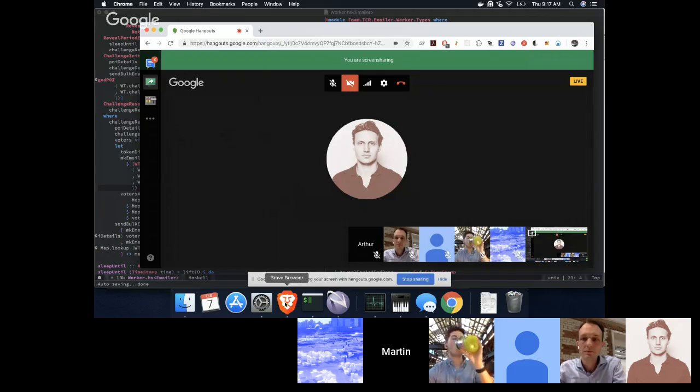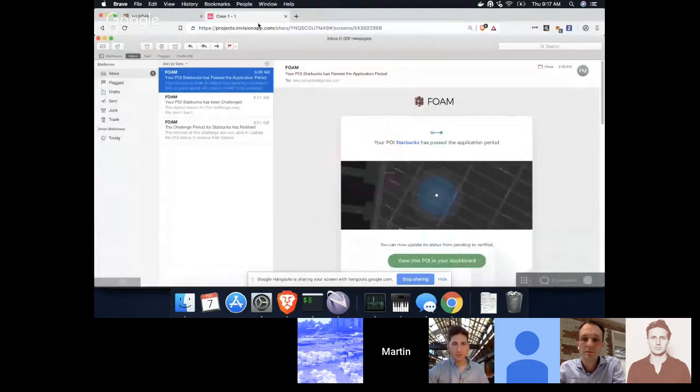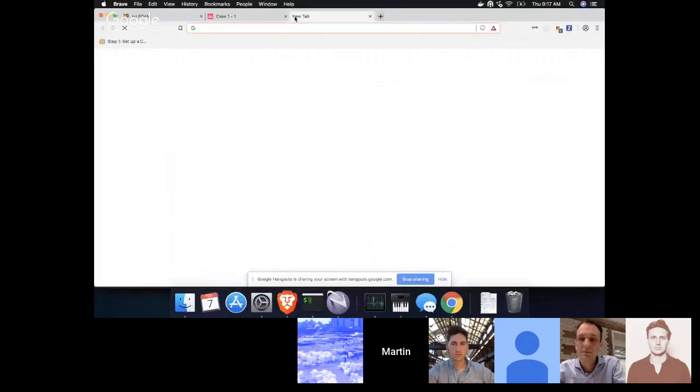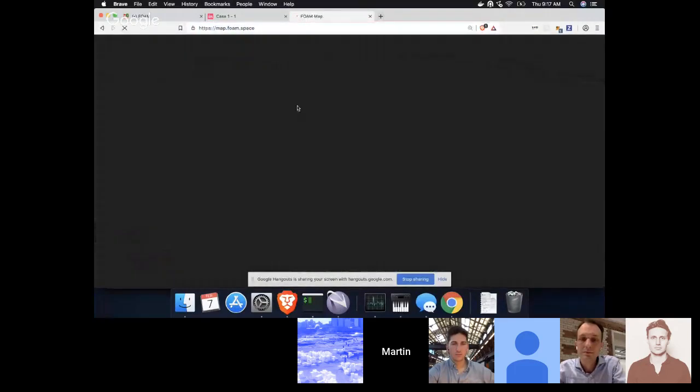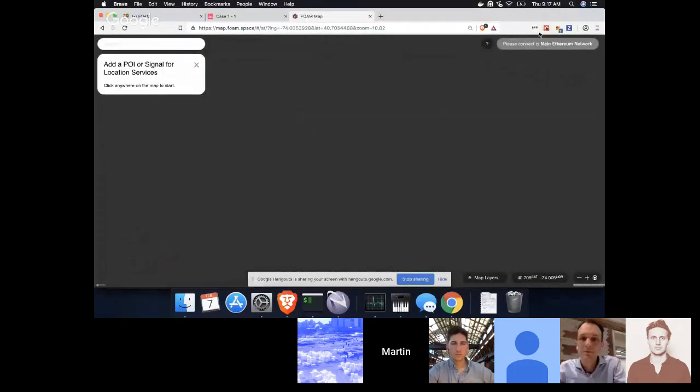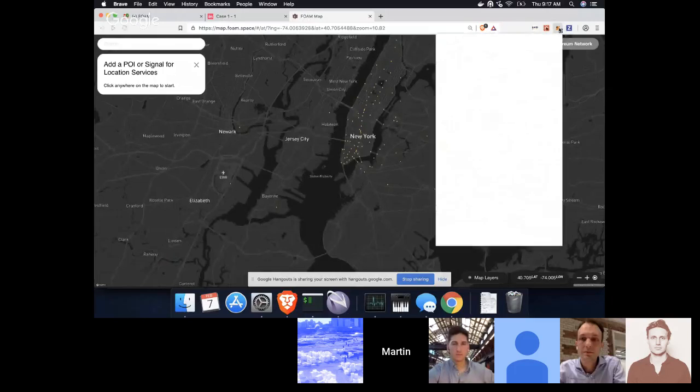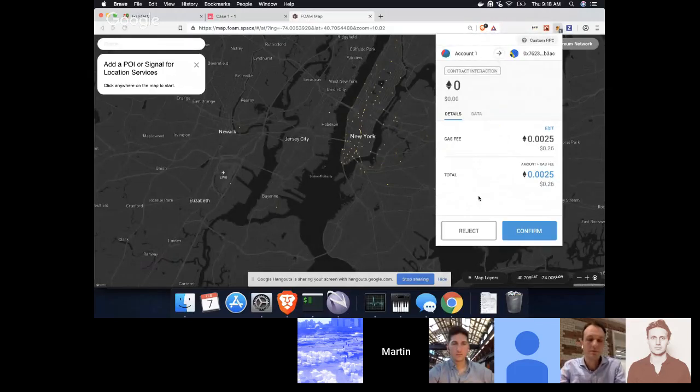So basically I'll just show you these templates that we've created. These are examples of a few of the templates. What you have if you go to map.foam.space and you look at the map of